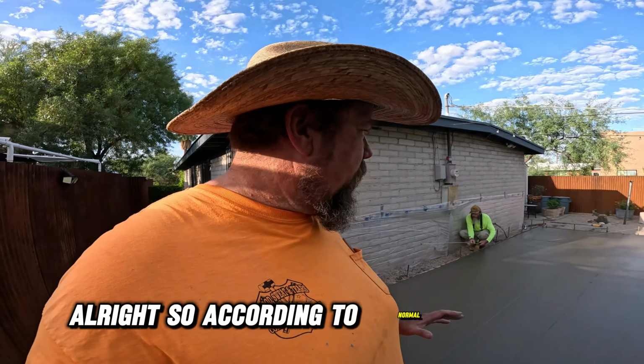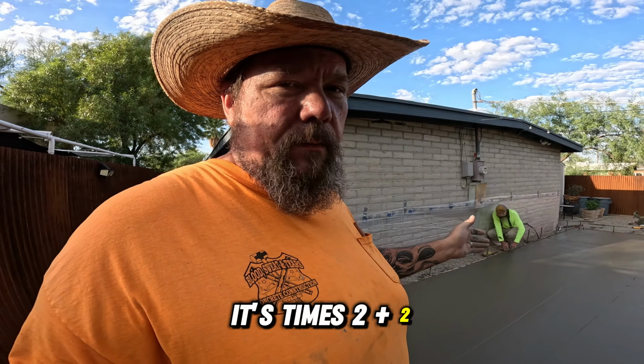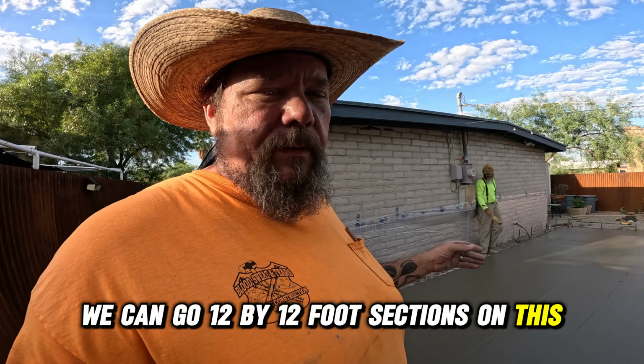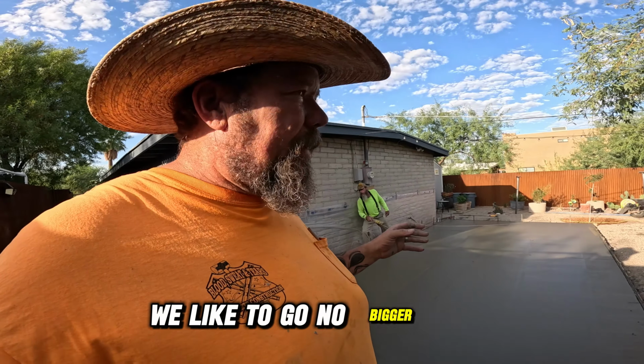Alright, so according to normal standard, if you got 5 inches of thickness, which we've got all of that and a little bit more, it's times 2 plus 2. So let's take the 5 times 2 equals 10 plus 2 equals 12. In theory, we could go 12 by 12 foot sections on this, but we're going to break it down a little smaller. But on Turf Concrete, we like to go no bigger than